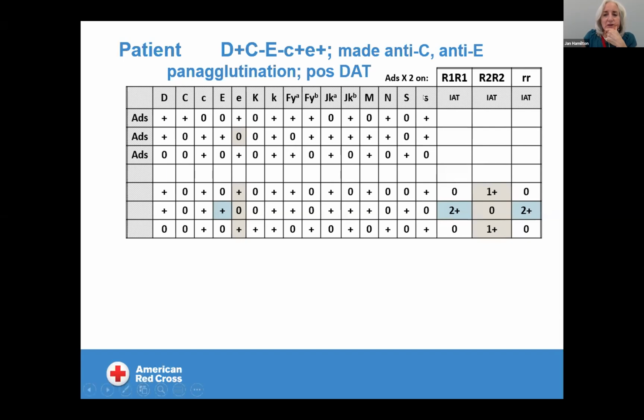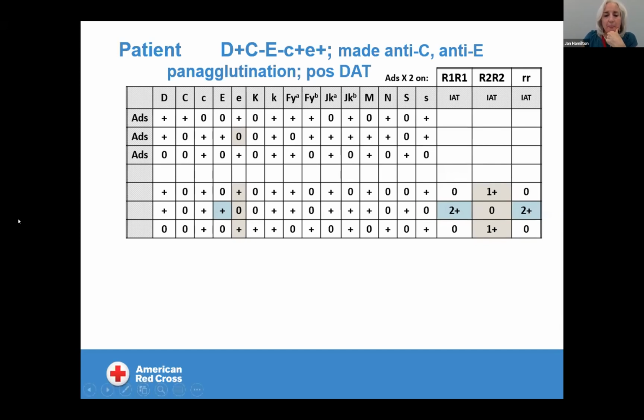So here's the adsorption for this particular patient. We can see that the anti-big E that had been previously identified was still reactive, because this E positive cell reacts with both adsorbed plasmas in which we would expect an anti-big E to be left behind: the R1 adsorbed plasma and the r adsorbed plasma. When we take a look at the R2 adsorbed plasma, that would leave behind an anti-little e, because the adsorbing cell is antigen negative and therefore that specificity would not be removed. We see that the patient does appear to have some anti-little e related specificity